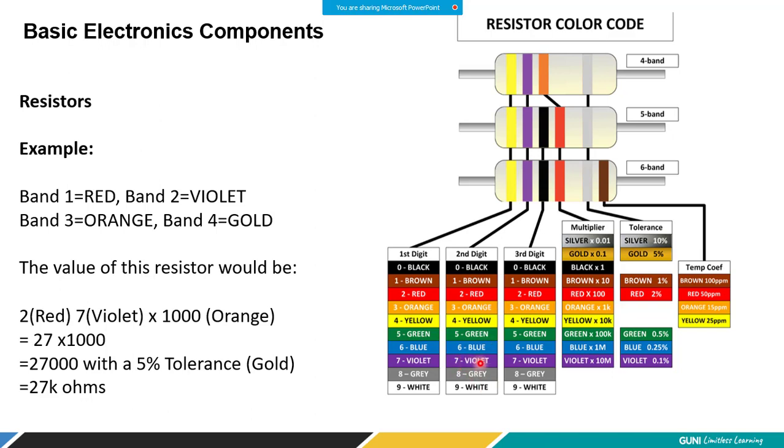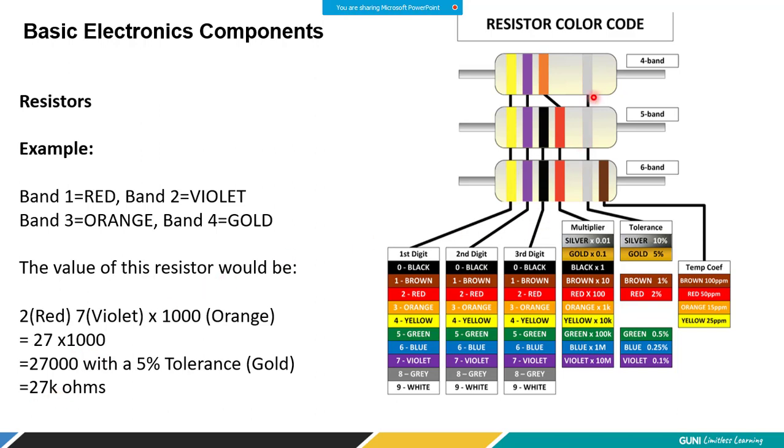I hope you are able to see. I have to pick up the 7. So I write 2, and I have to append 7 to the 2. So it was 2, now it becomes 27. And then my third color was orange. So I have to look at the third digit, and as it is orange it represents 3. So I have to multiply this 27 by 10 raised to 3. And you already know when I do 10 raised to 3, it's 1000. So what I'm getting is 27 times 1000, and that is in ohm. So 27,000 ohm, or if you remove the 1000, it becomes 27 kilo ohms.